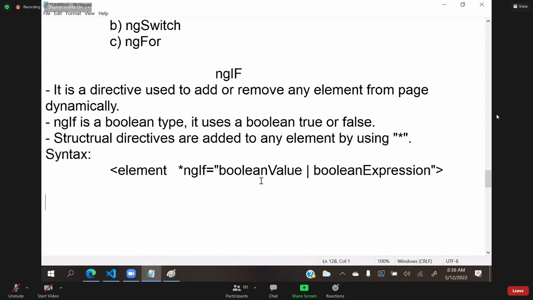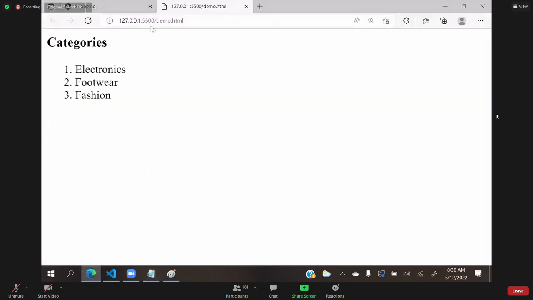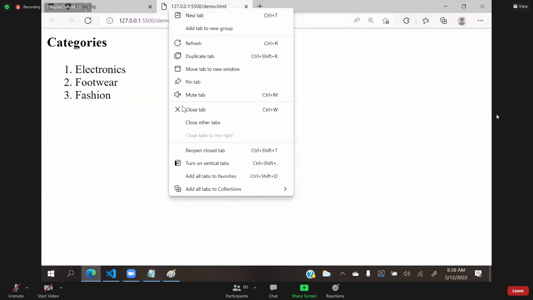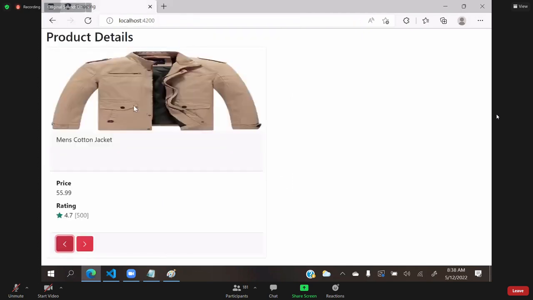Let's see. For example, in the example that we designed, every product has a description, but that description is not shown here. I am not showing the description. If the user wants, he can see it. Optionally, if he wants, he can see the description. So what I will do here, see,